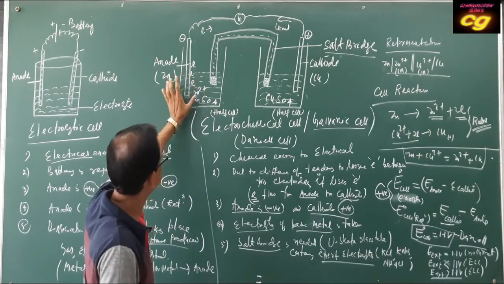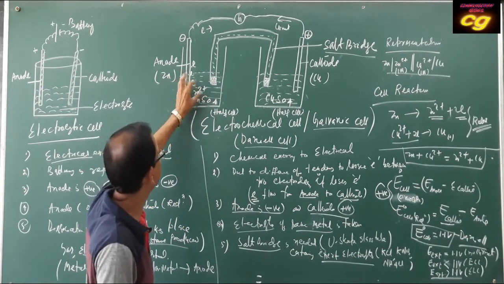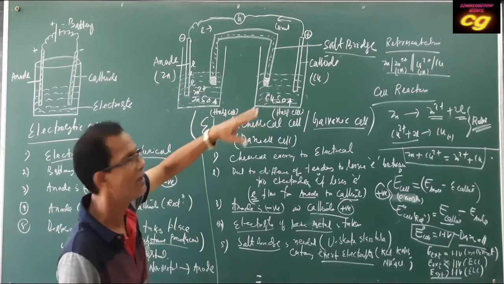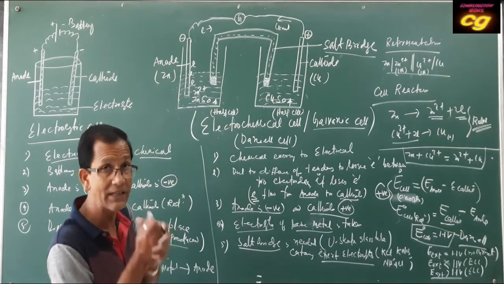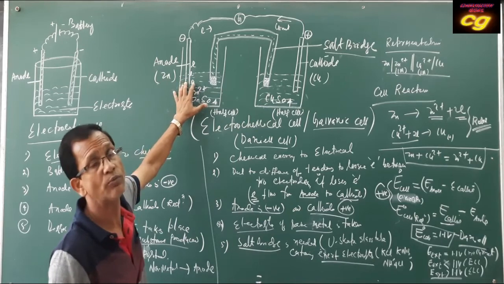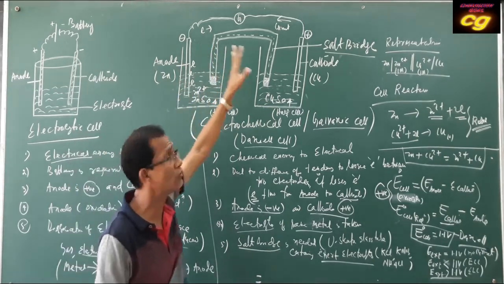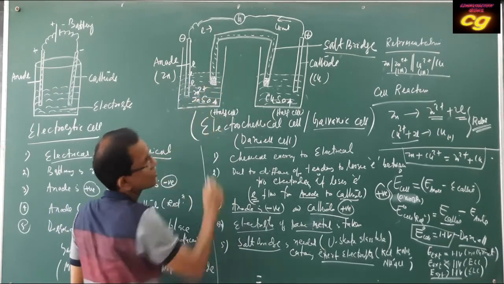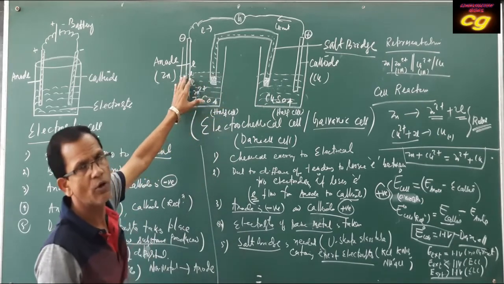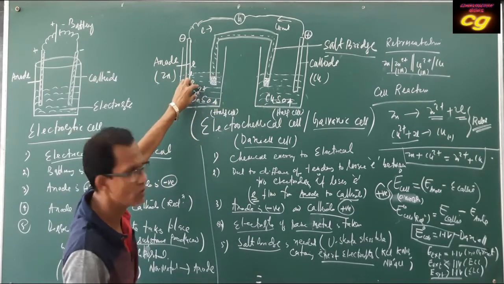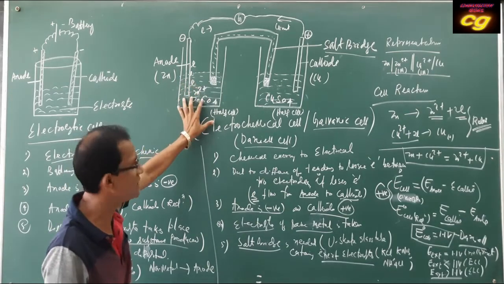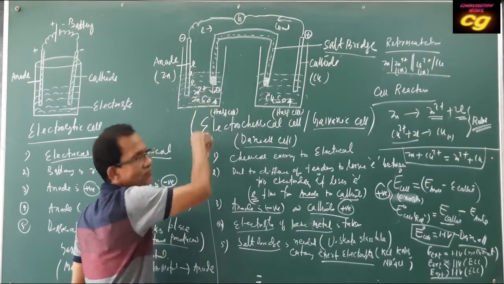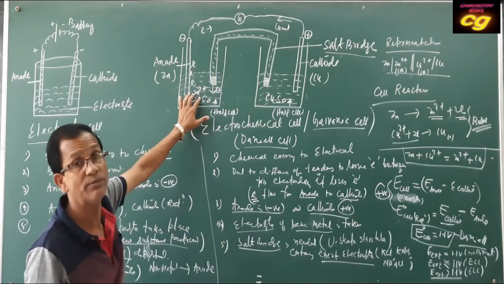If the Zn2+ increases around the zinc rod, it traps the electrons, so it opposes the flow of electrons from zinc to copper. Because the concentration of Zn2+ ions will increase, it traps the electrons produced from the zinc rod. That's why the flow of electrons will be slow. So to minimize the charge, the salt bridge supplies opposite charge ions. When the Zn2+ concentration increases in this half cell, negative ions will flow to balance the increase of Zn2+.